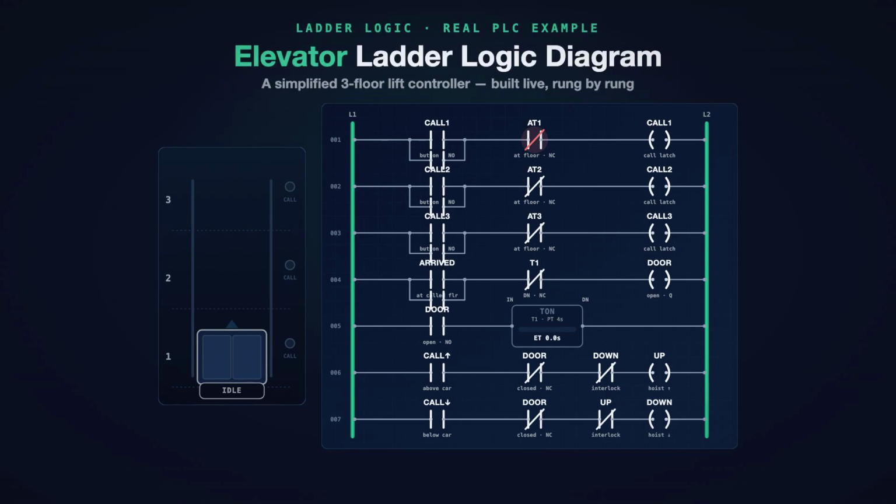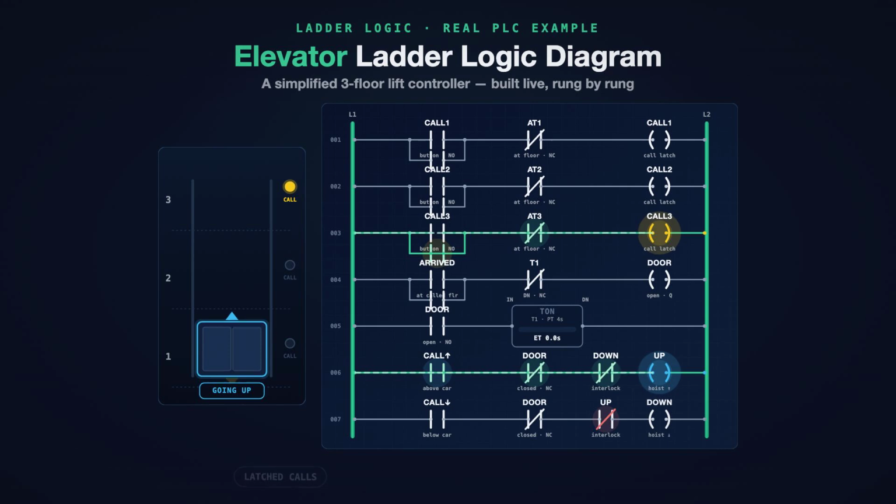This is an elevator ladder logic diagram, a simplified 3-floor lift running live as a PLC program. A call button is lit, the car is moving between floors, and a door timer is counting down. By the end of this video, you'll be able to build this exact program, rung by rung, and explain every